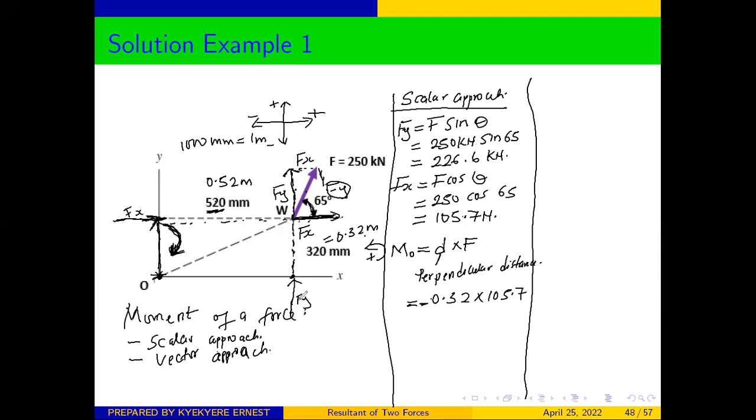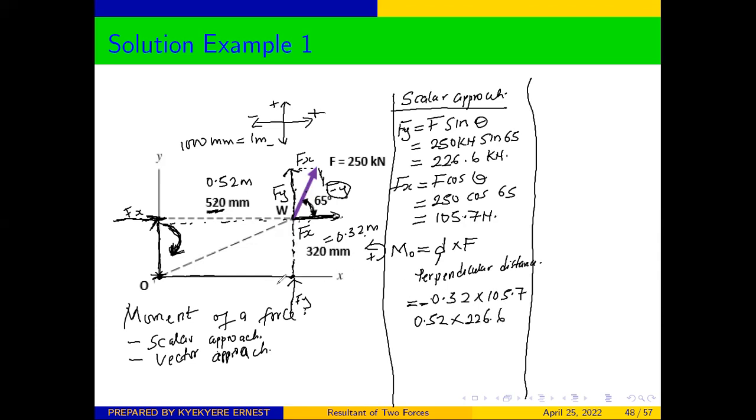So the perpendicular distance for f of y will be the distance from this point up to that point. And we are going to get 0.52 times our f of y, which we know as